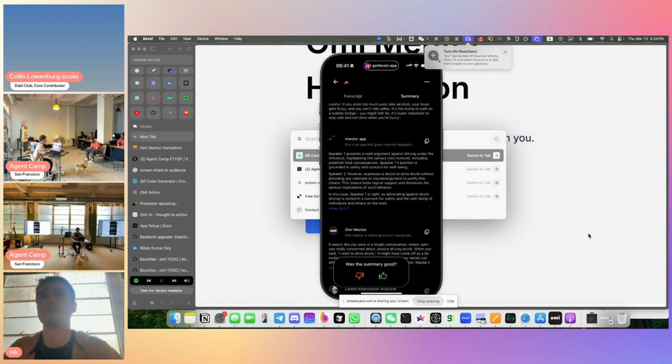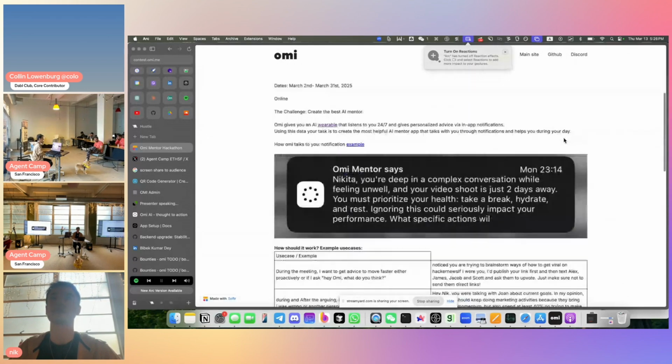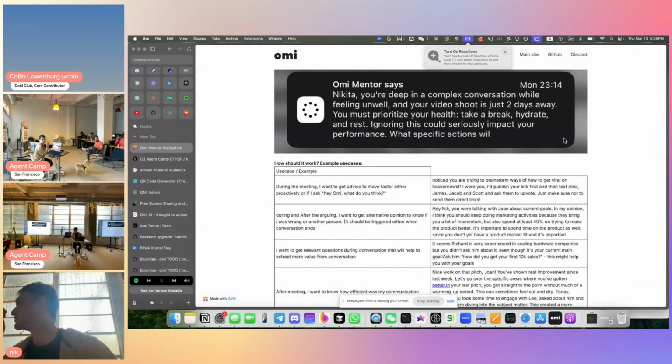I only want this Mentor app. That's it. Honestly, it's just text basically. So real-time transcripts, only that. I don't care. You can process with anything you want. Anything else?